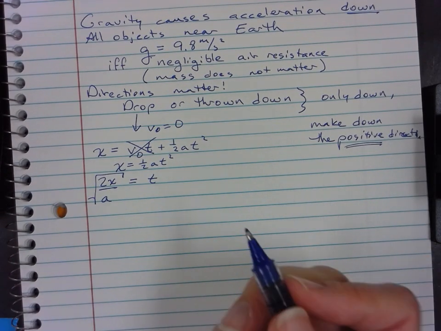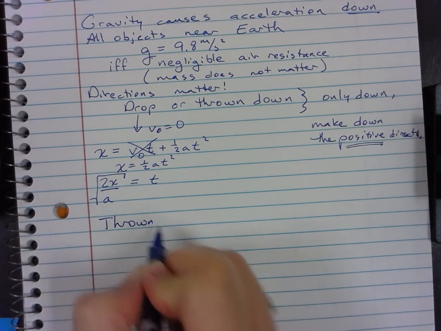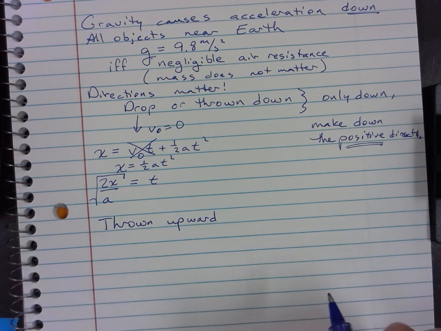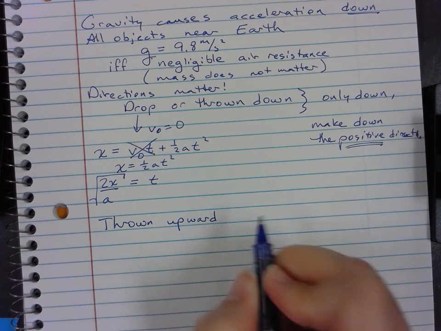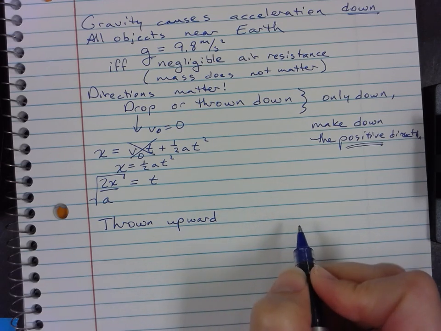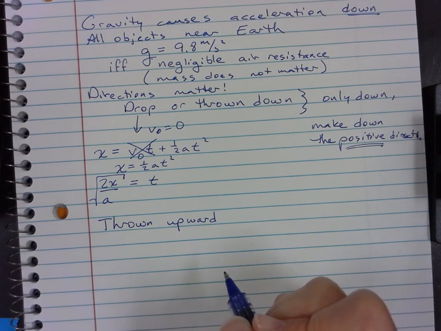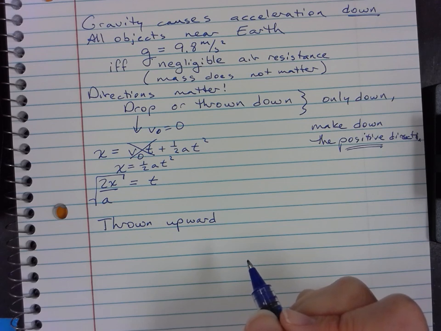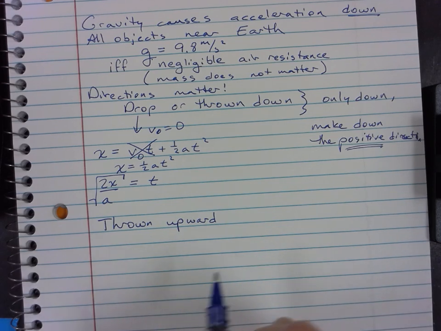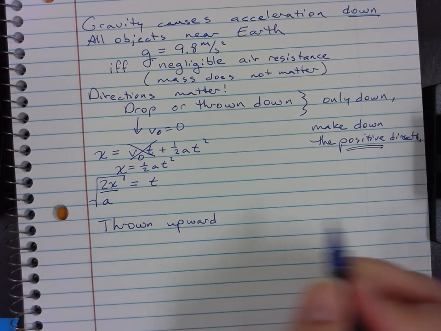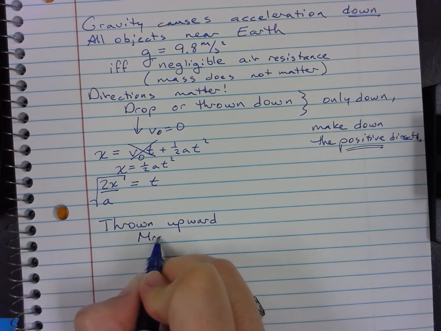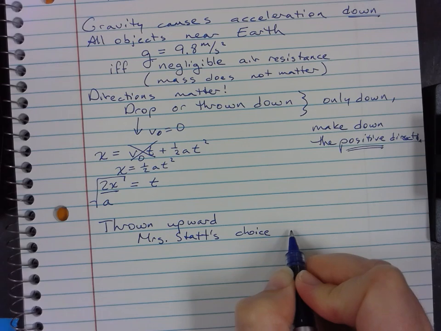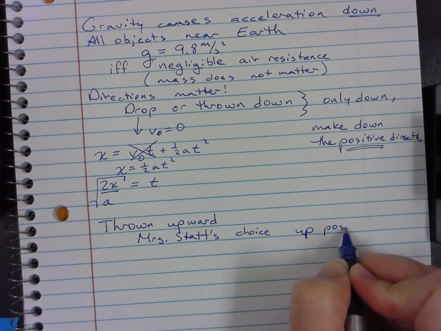Now, we will have situations where an object is thrown upward. In that case, we have both up and down in the same problem. The initial velocity is going to be upward, gravity is always down, so we have two opposite directions. You still choose to make up positive or down positive, totally up to you, but whatever you make positive, the other direction has to be negative. I get confused if I try to reverse those, so in this case only, I choose, so Mrs. Stat's choice